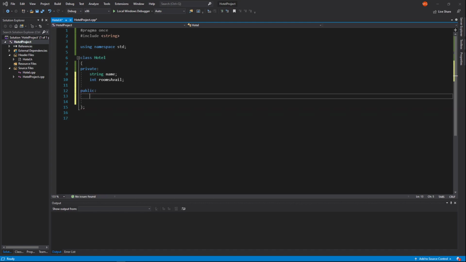So these are going to be our public methods. We defined a hotel constructor initially that was the default constructor, and it took no inputs. So what we're going to do actually is define it so that it's going to take as input a name, and that's going to equal